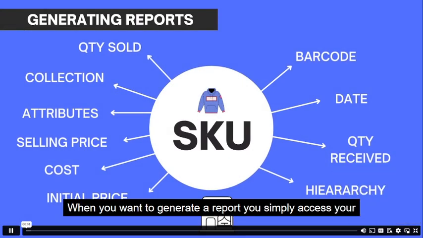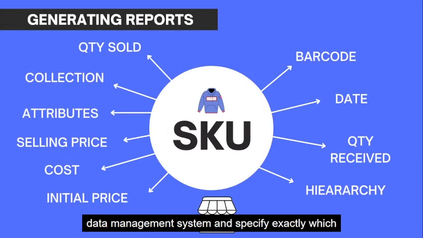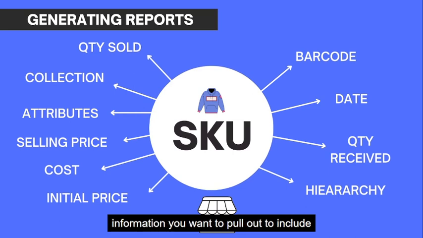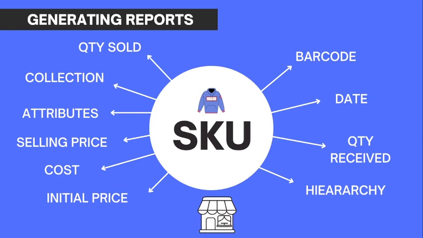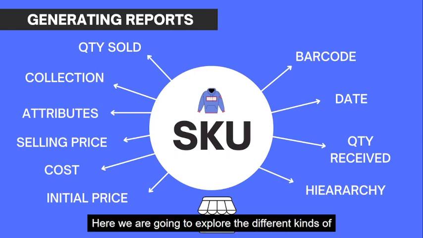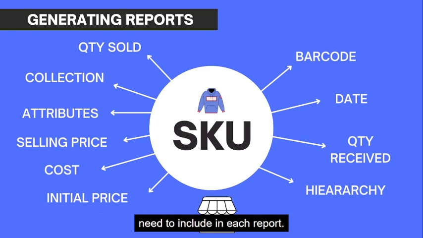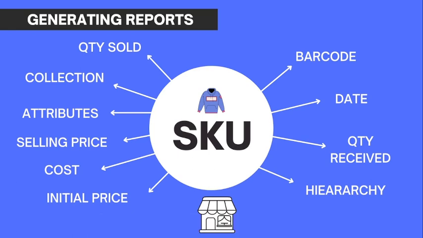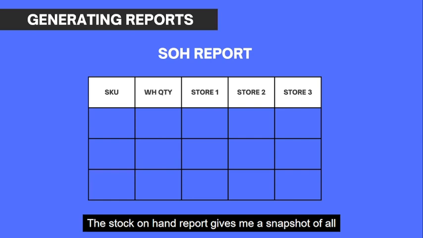When you want to generate a report, you simply access your data management system and specify exactly which information you want to pull out to include in your report. Here we are going to explore the different kinds of sales and inventory reports and the data we need to include in each report. The stock on hand report gives me a snapshot of all the stock I currently carry